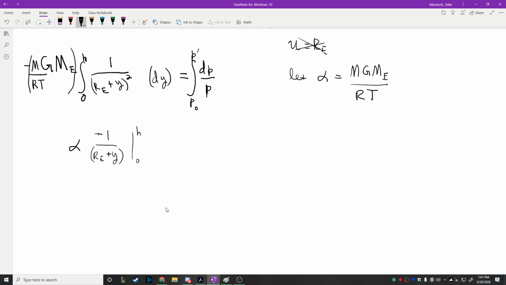And so then the left-hand side just becomes alpha times one over this plus h minus this equals, and the right hand side is still the same, natural log of